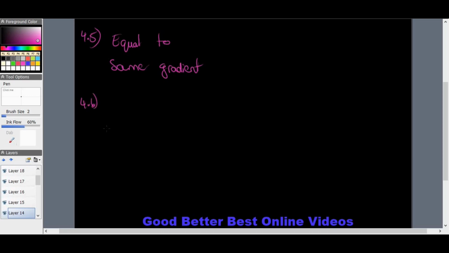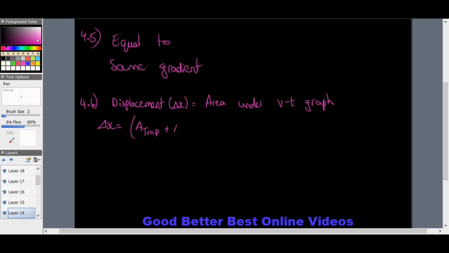We've got an area of a trapezium, or let me just start out by doing this. Displacement, or delta x, whichever one you want to write it as, is equal to the area under the VT graph, velocity time graph. Okay, which is delta x, now is equal to your area of a trapezium, in brackets, plus your area of a rectangle, plus your area of a triangle, minus the area of another